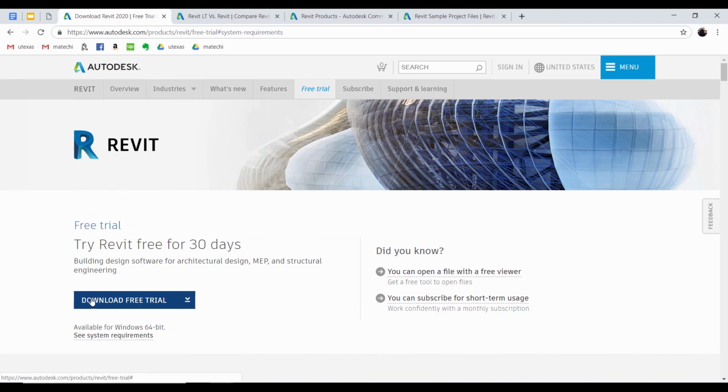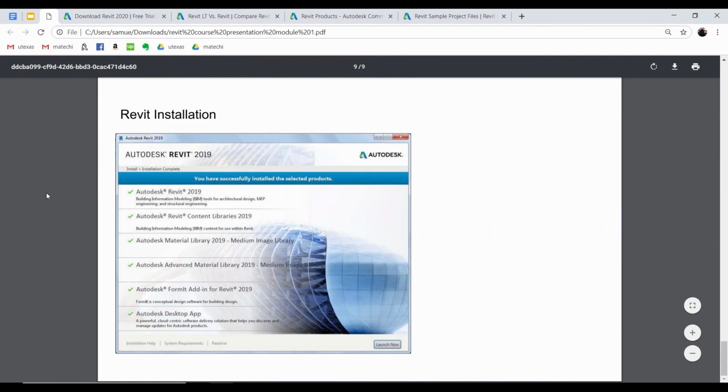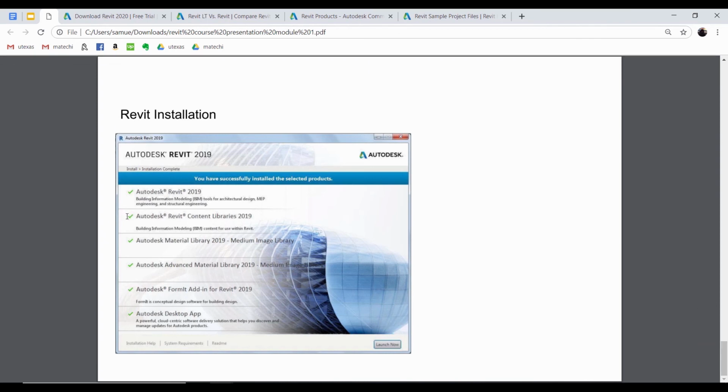When you download it, it should end up coming up with something that looks similar to this. Make sure that you check whichever versions you want. Checking the primary Autodesk Revit 2019 should give you the full version of Revit, and all the other add-ins are fairly useful, especially the content libraries and the image libraries for materials. I would highly recommend that. But again, if you're working within a large organization, this should already be deployed, and all you have to do is wait for it to be finalized and updated, and then launch Revit.